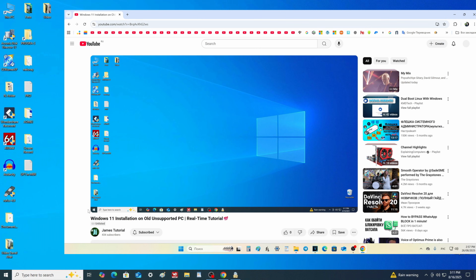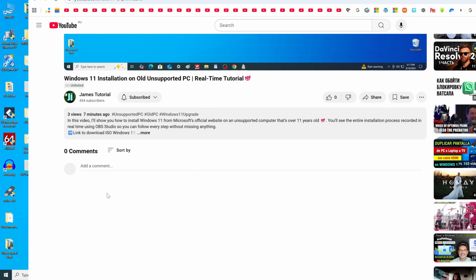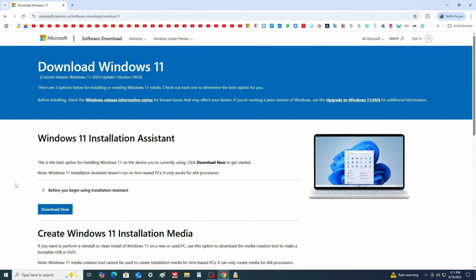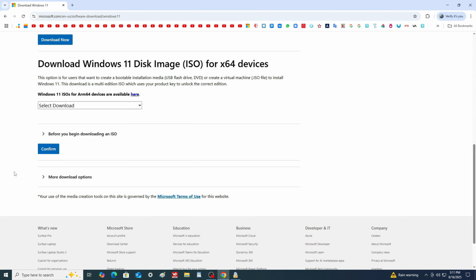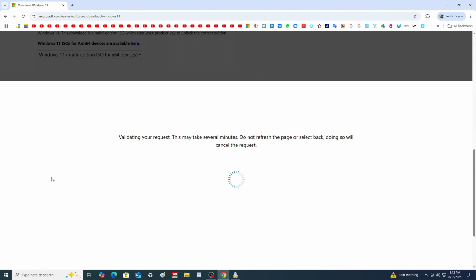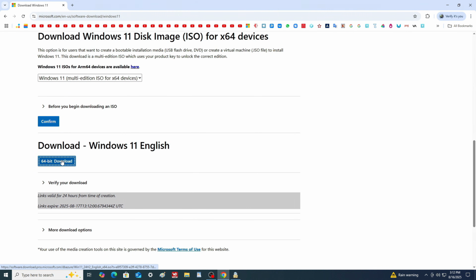Or open the description of the video and click on the link to go directly to the download page. First, you need to click Select Download, and select Windows 11. Confirm. Here you can select any language for the Windows 11 interface. I choose English. Now click 64-bit download,